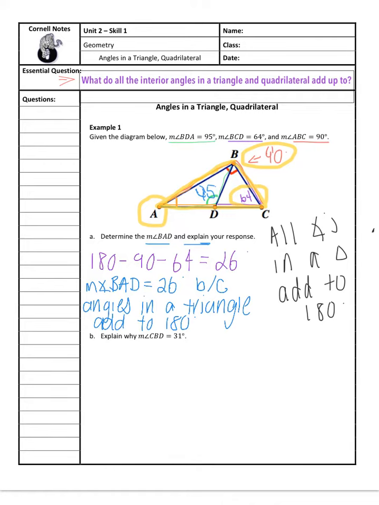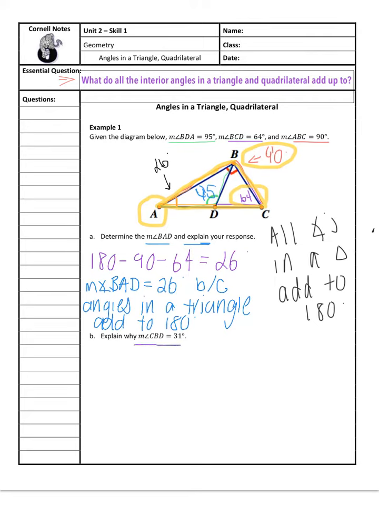I can go ahead and write in that 26 so I don't forget it when I'm looking later. So right over here, this angle was 26 degrees. I think I gotta get a new pen. Okay. So the next part here says explain why the measure of angle